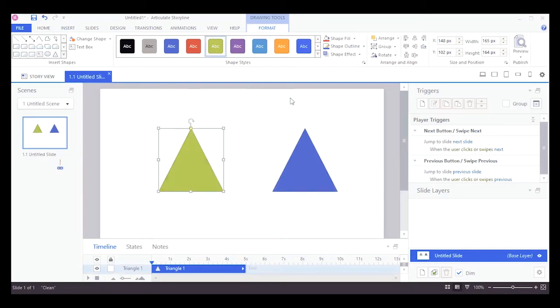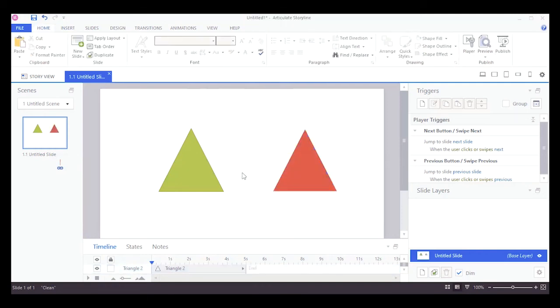And for the second triangle, I think this color is fine. Now we have two basic shapes that can help us understand the animation features of the Storyline software. So let's go to the Animations tab.